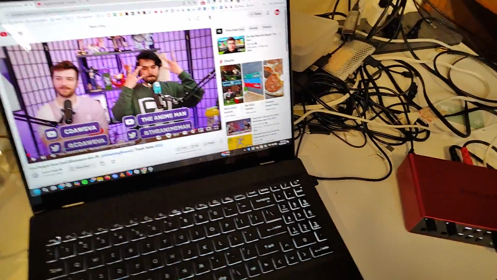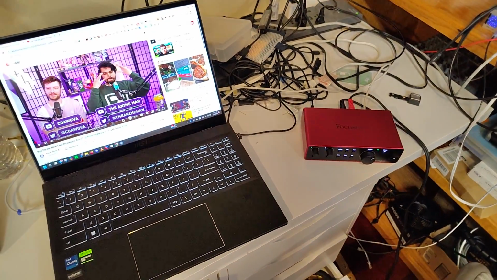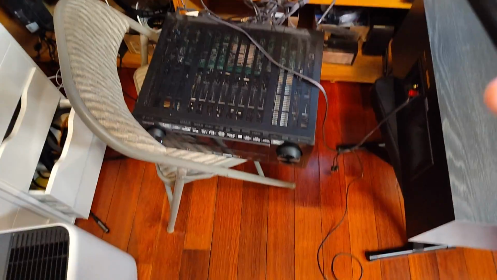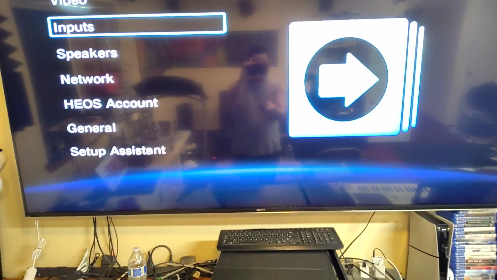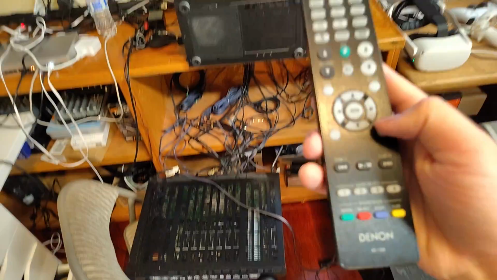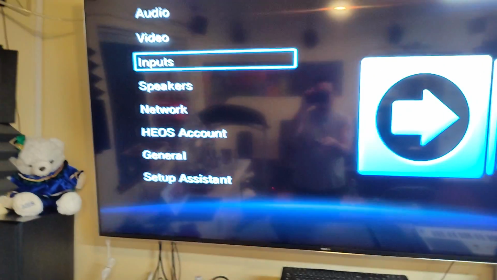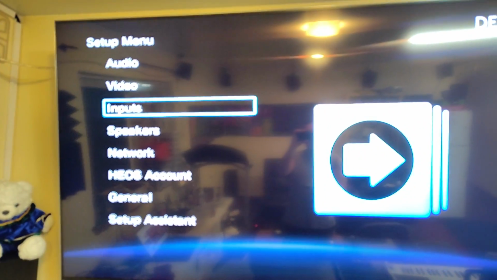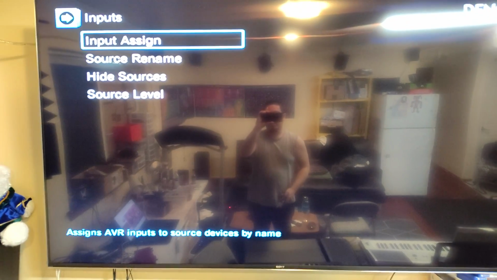Okay, so after taking 30 minutes to debug this, I finally found out the reason why this is the case. So what you want to do is on the Denon receiver, go on to, I think it was options or setup or options. I'm not sure which one goes to this menu, I forgot. But then here you want to go on the inputs setup, go on input assign,